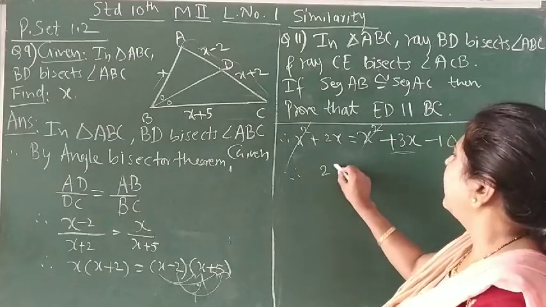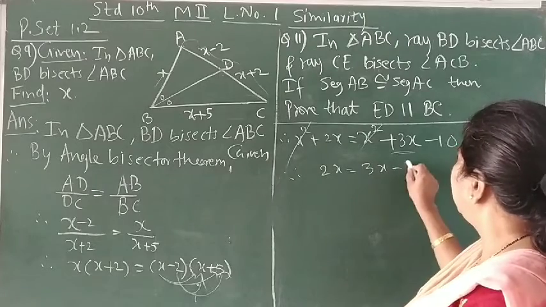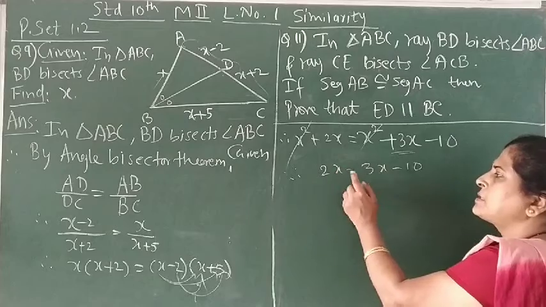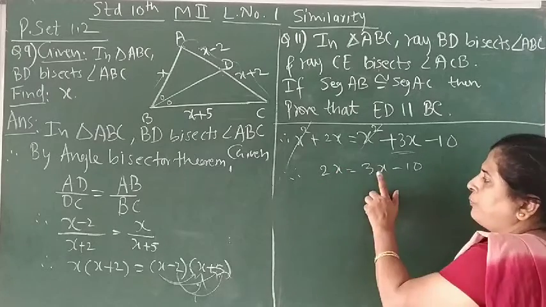Okay. Therefore, now we get 2x is equal to 3x minus 10. Now, if we take 3x on the left side, it will become minus. Then we can get minus x. So, whatever